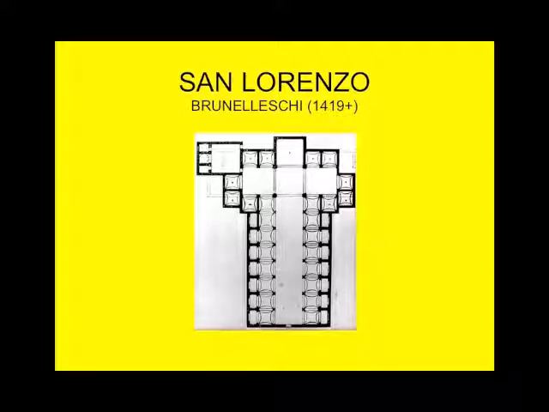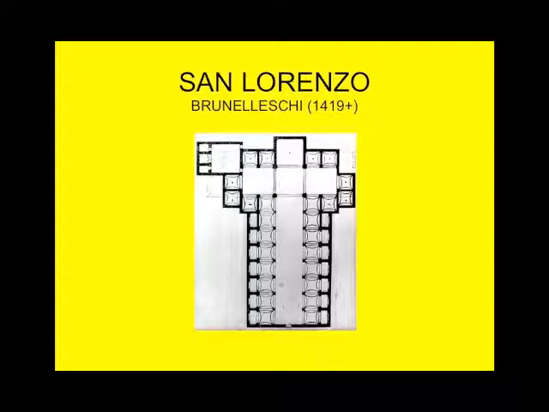Roughly at the same time, Brunelleschi gets a commission for the Church of San Lorenzo. And San Lorenzo is the home church of the Medici family. So it's an important church. Brunelleschi uses this proportioning system that he thinks is pretty good. Can anybody look at the plan of the San Lorenzo church and try to identify a geometrical figure that probably Brunelleschi was working with? Thank you very much for saying square.